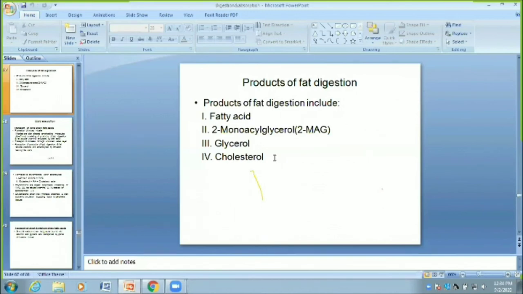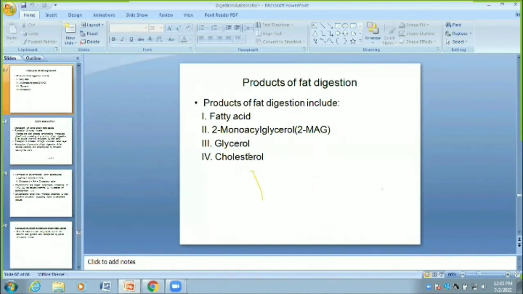These are the products of fat digestion. These short and medium chain fatty acids are transported by portal circulation to the liver. The long chain fatty acids, 2-monoacyl glycerol, cholesterol,